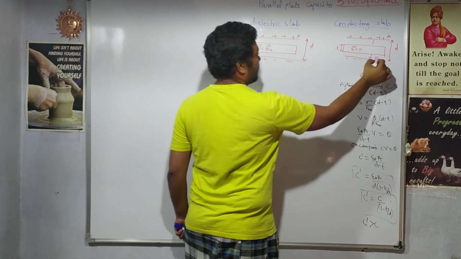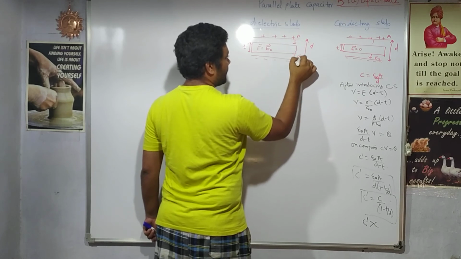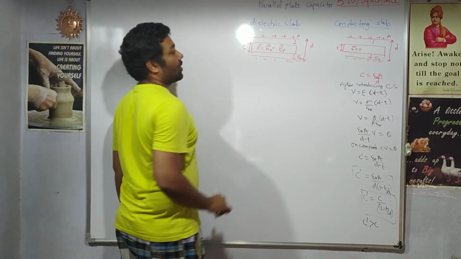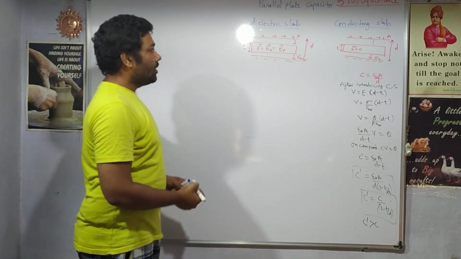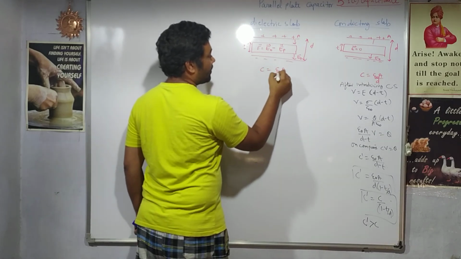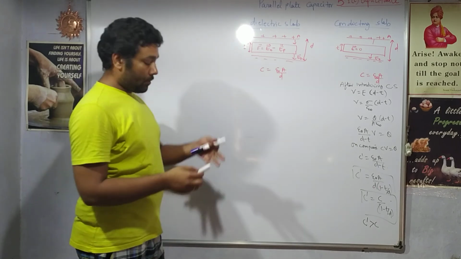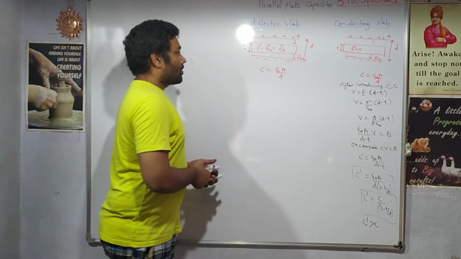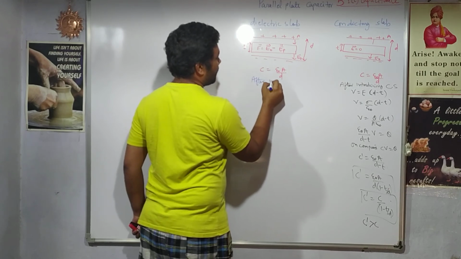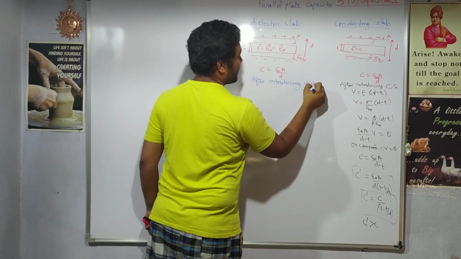Let us say the external electric field is denoted by E naught. So external electric field minus electric field produced due to polarization. We have seen this equation in the previous class. So the original capacitance was epsilon naught A by D, and now we will again obtain the equation after introducing a dielectric slab.